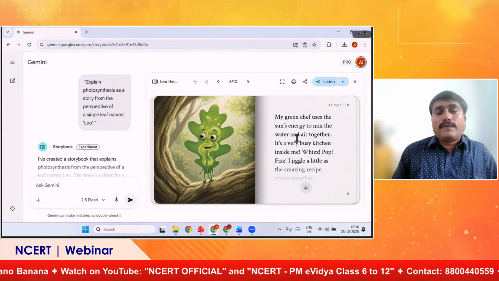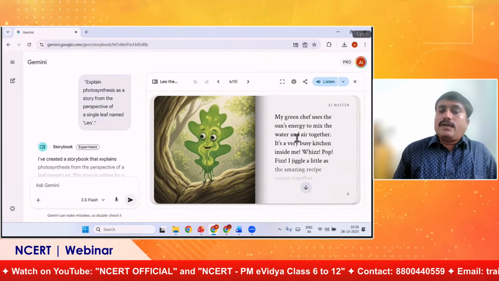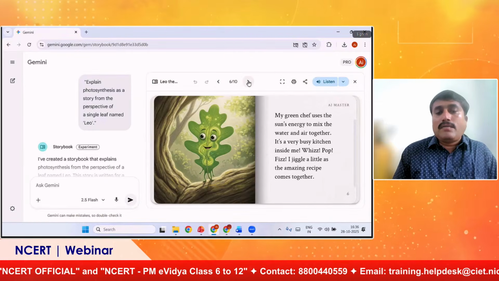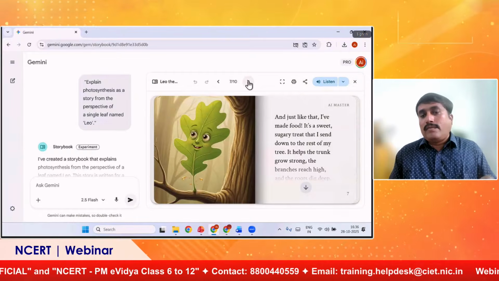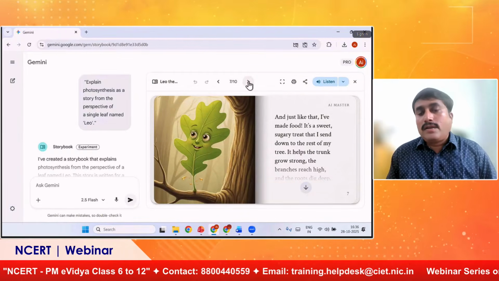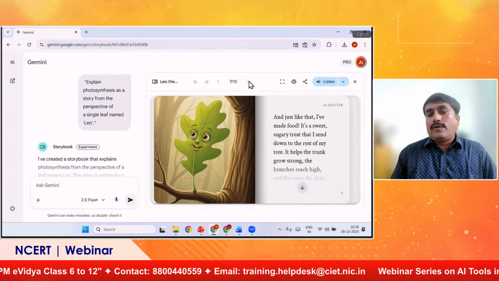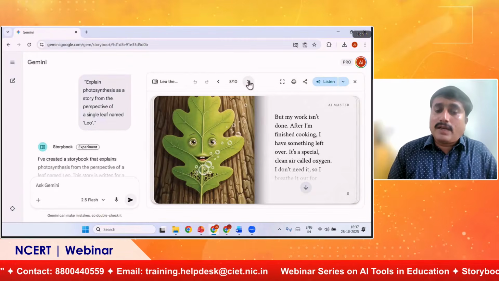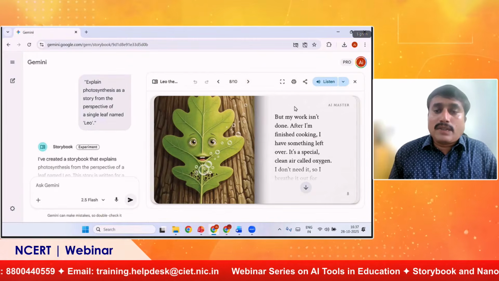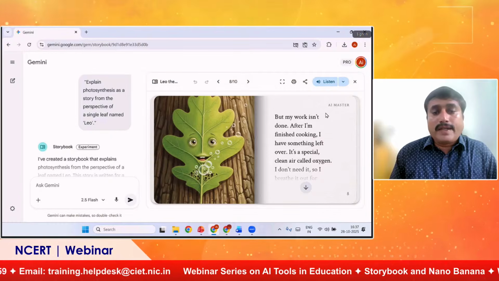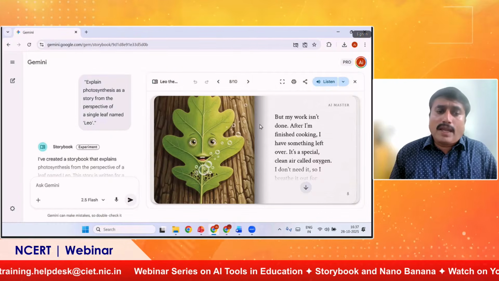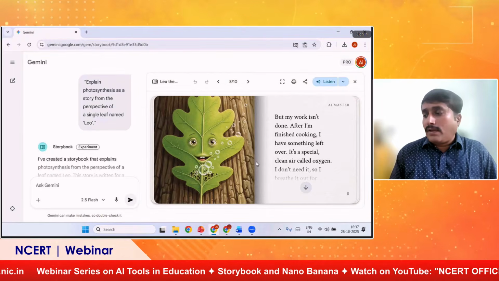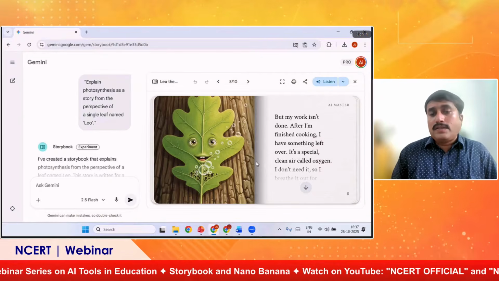So what is the process of photosynthesis, how it's going, and students learn by a story, and a character is telling them the story about photosynthesis. So this is a different type of learning that can be done with our students, and students will get involved, and you can make a library. That is the whole thing, that whenever we are using something, we are collecting, we are making resources, and